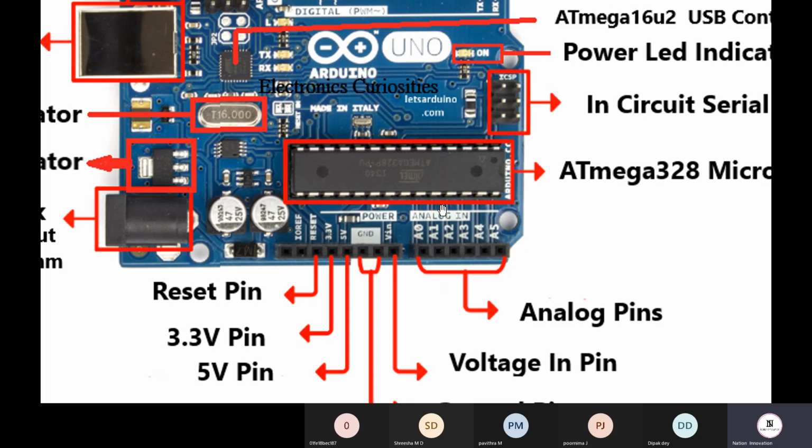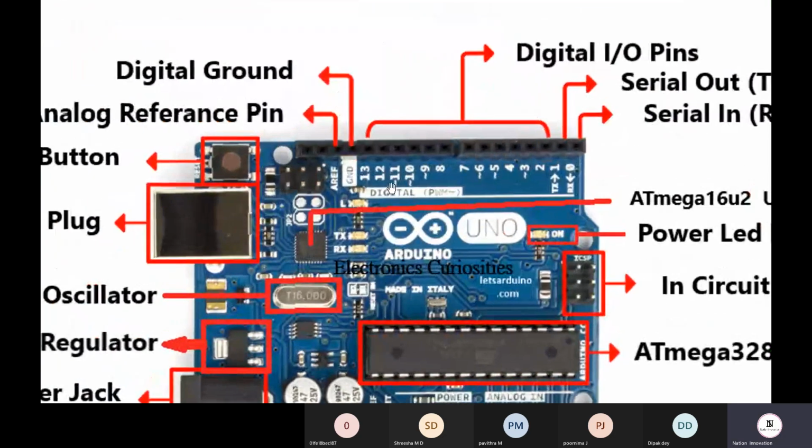Fine. The main thing we have to note is that this Arduino can only be used to take analog inputs. It is not possible to directly generate an analog signal. If you want to generate a sine wave or a triangular wave, this is not possible directly with an Arduino. There are some boards which can generate it, but we can only take analog input rather than analog output.